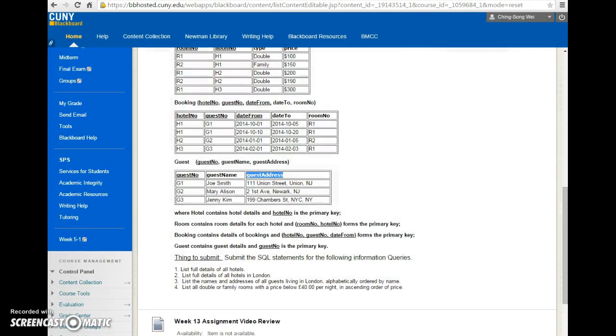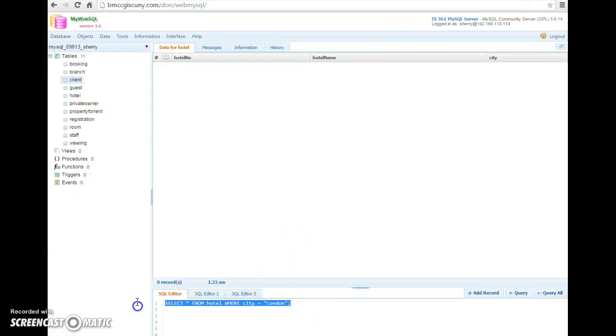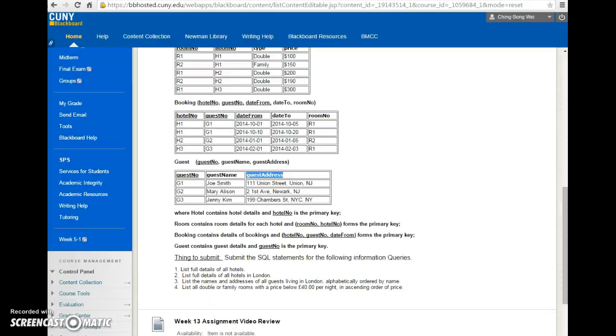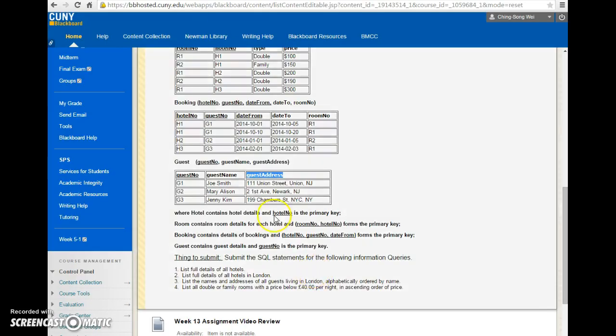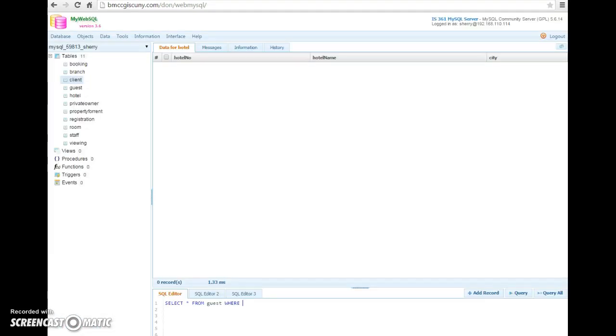So what you want to do here is type in select. You want to list out the name and address, so actually start again from guest, where the condition is the guest address. But you are looking for partial information, a pattern, so you can use a pattern. If you look at here,